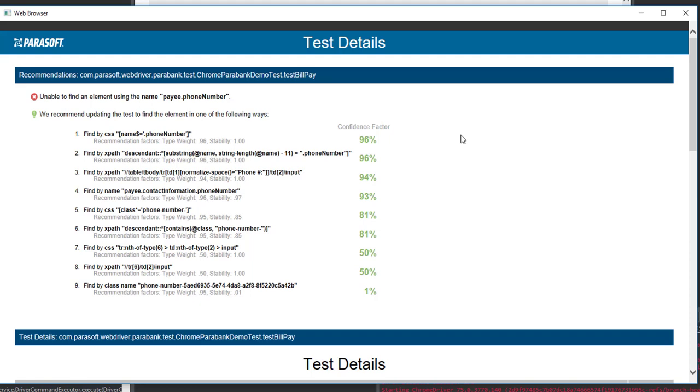Okay, but where did these locators come from? These are generated from the AI. When Selenic found that we couldn't click on this particular element, it went back through time and simulated different executions against the application and constructed a series of locators that would have successfully located this element. Each locator is assigned a confidence factor, which is a combination of its stability, for example, how successful this locator would have been in the past, as well as weight, which is a way to customize the selection of certain locator strategies, such as CSS, text length, XPath, based on your organization's best practice for the application.